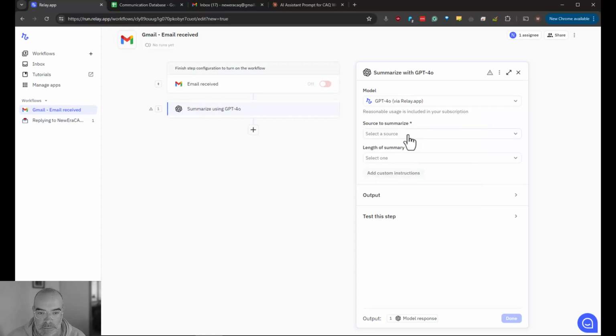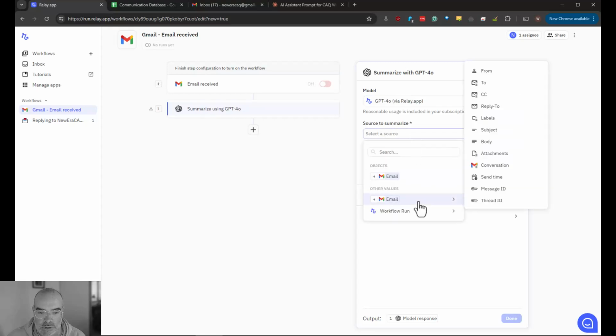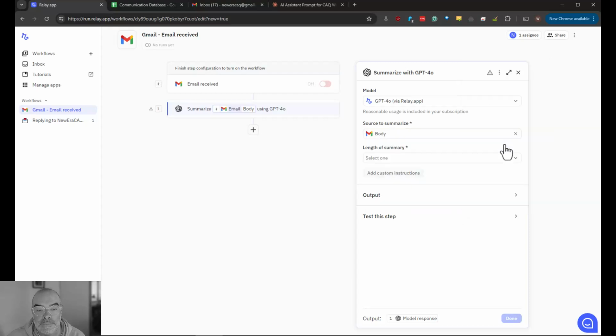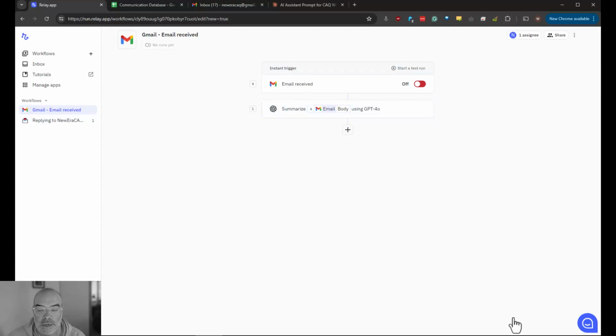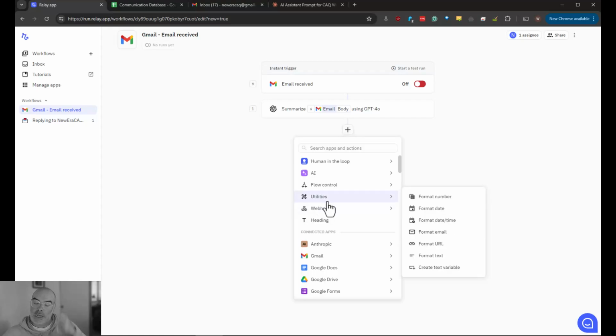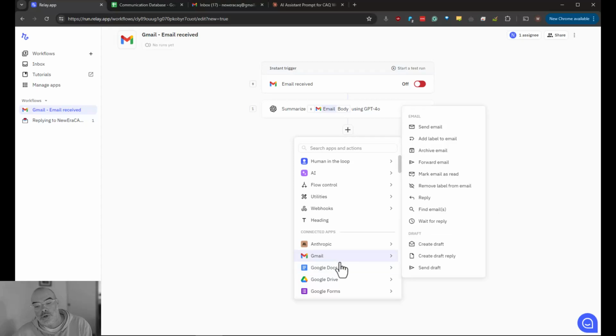We'll use GPT-4. We'll set the source of the summary to the body of the email. The length of the summary is probably good for about a paragraph. And then we'll click done. And so now we've got the email, we've summarized it. Now we'll take the summary and the email details and put it into Google